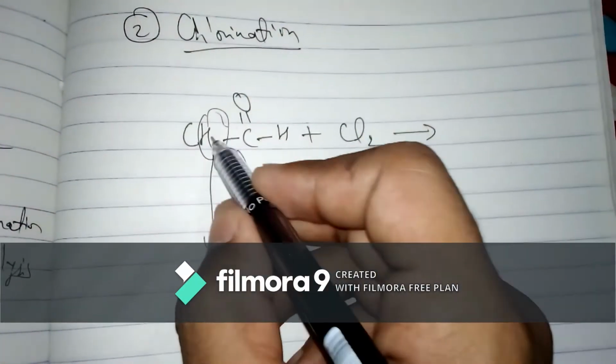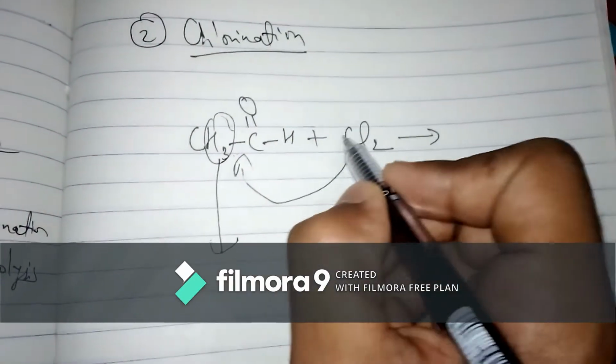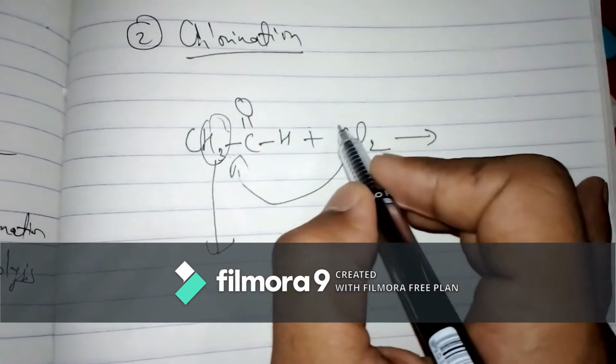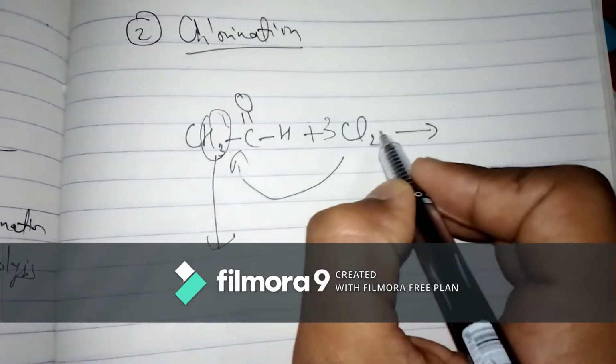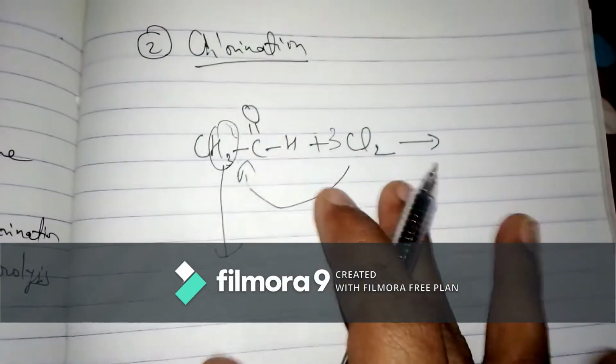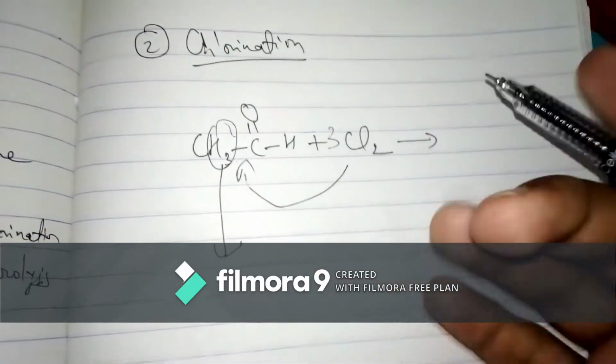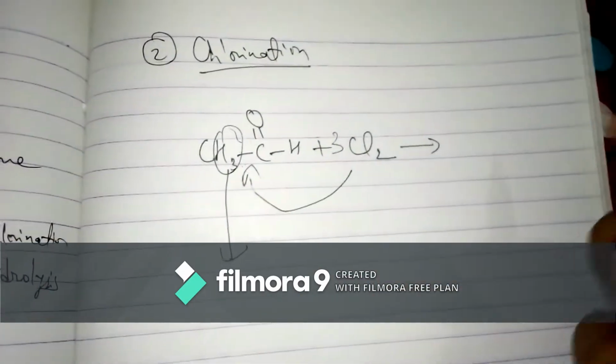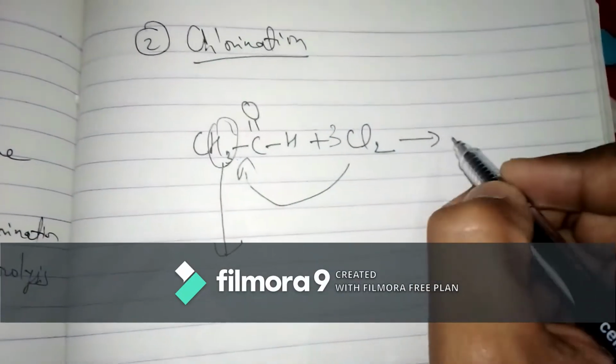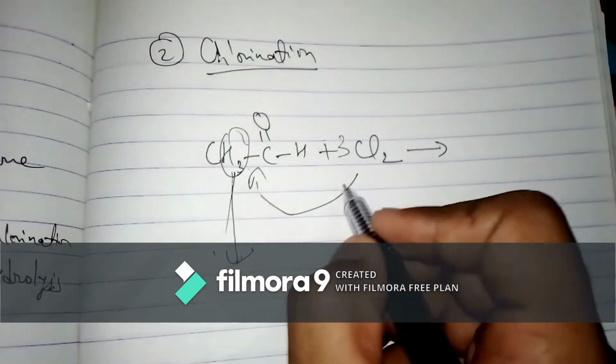Okay, so this hydrogen gets removed and chlorine adds here. Now first of all, remember that 3 molecules of chlorine are used. It is the balancing part, but you need to remember this to understand. I am doing it earlier to make you understand, because now what happens is that this hydrogen gets removed, and